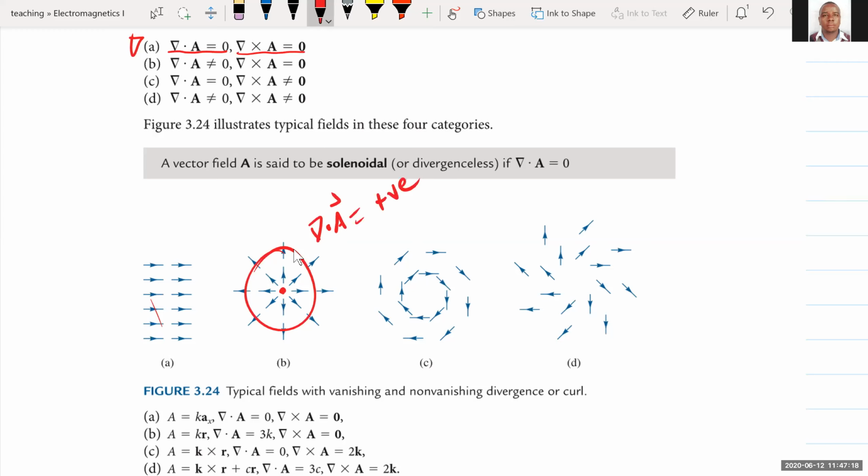Okay, the divergence is positive, it is not zero, because there are fields that are coming out of this volume from which the vector field is defined. Now, if you wanted to find its curl,